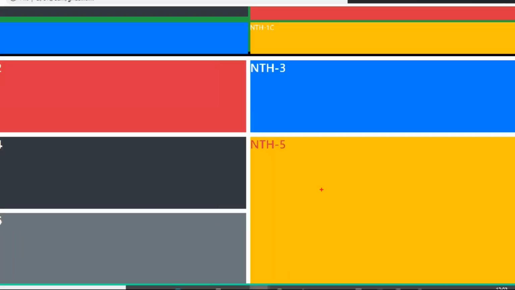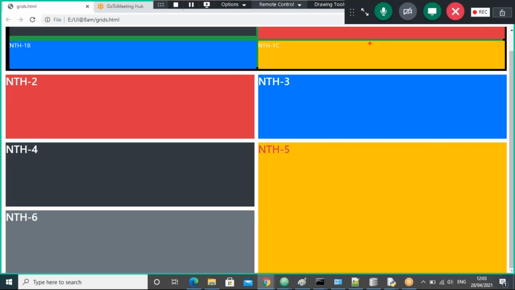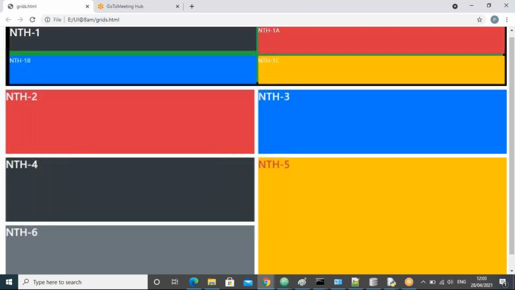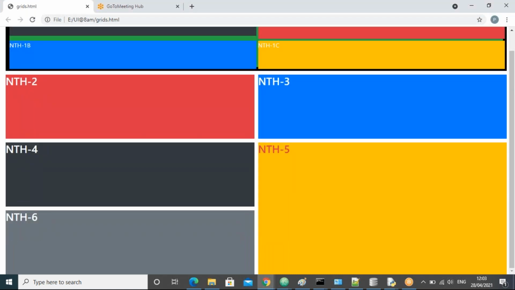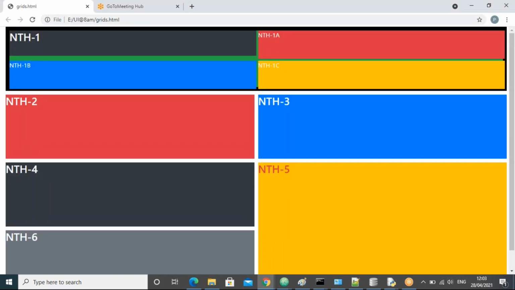Now it is locked here, right? It is locked from the point of rows. It is occupied. In point of columns also, it is locked, guys. Now it will not move anywhere. That's fine, guys. So this is the way how to take these grids, overlapping the grids, taking nested grid. That is all, guys.